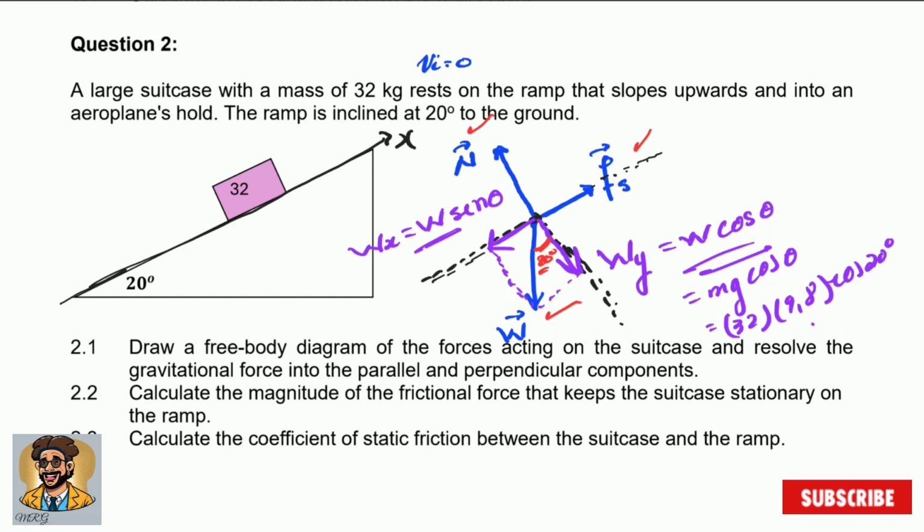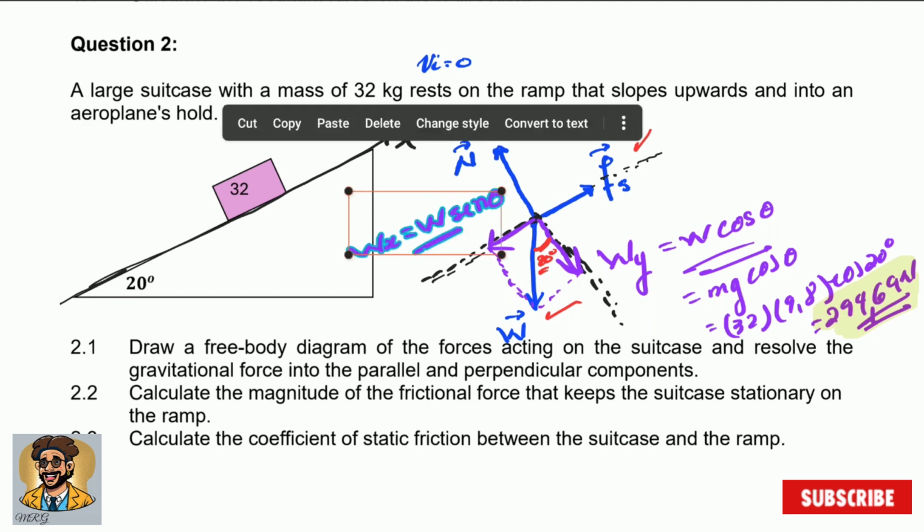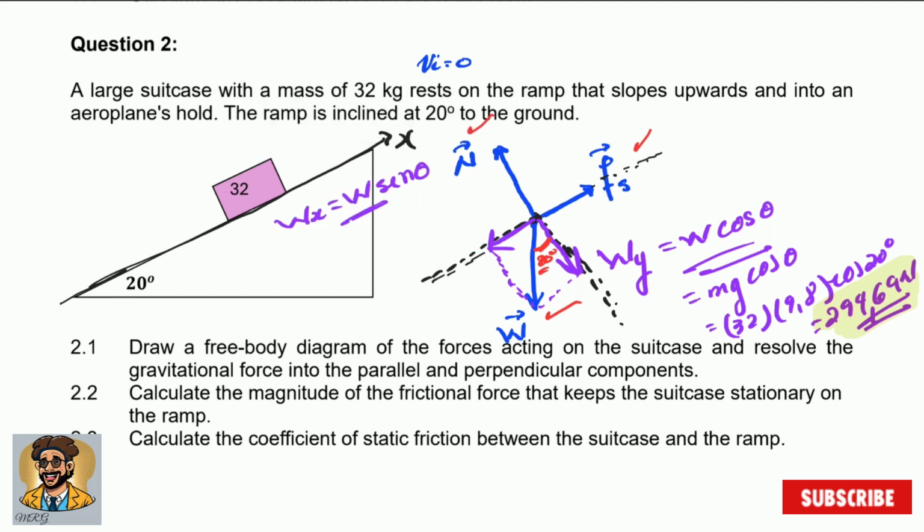And then we get that the answer is going to be 294.69 Newton. This one is the vertical component of the gravitational force. It is going to be the component in the y-axis. Now for the x-axis, let's quickly calculate it as well. Let's just take this one and move it a little bit here. There we go. I think it's enough space for us to calculate the component in the